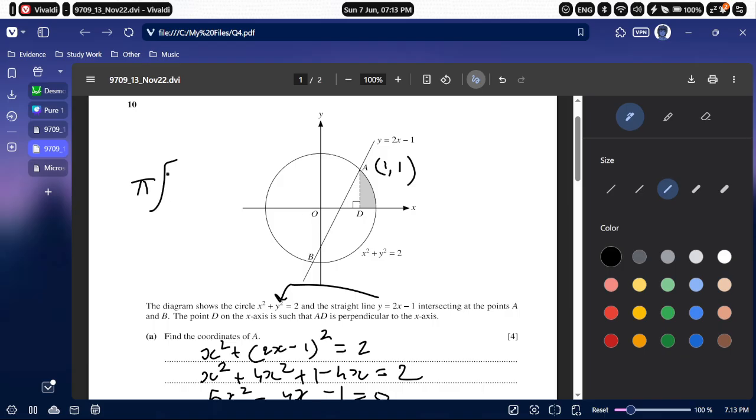So your general form would be pi y squared, like I said. So you can rearrange this to get 2 minus x squared. So this would be pi times 2 minus x squared, because that's equal to y squared. Now you have to think about the bounds. So it's going from this thing over here, which is 1, till the end of this, which is basically when